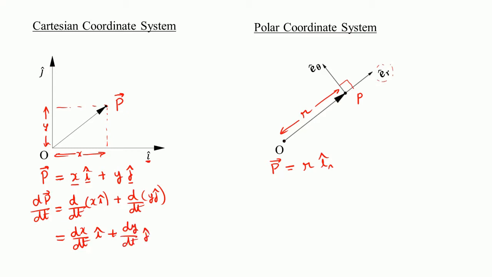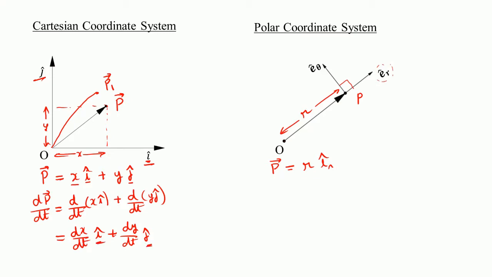Now here x can change. Now what is velocity? Velocity is change in position with respect to time. So this point which is P might go to another point P1. Now when it goes to another point P1, you see that the unit vectors i and j remain constant. That means their direction remains constant. And that is the reason I can take them outside.